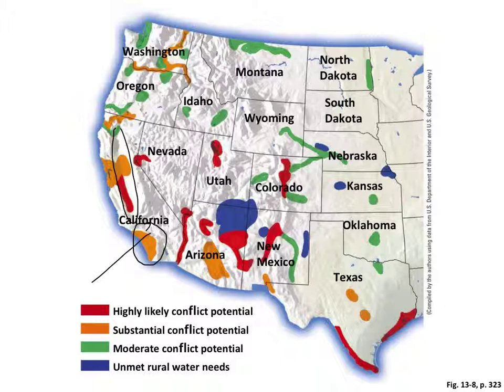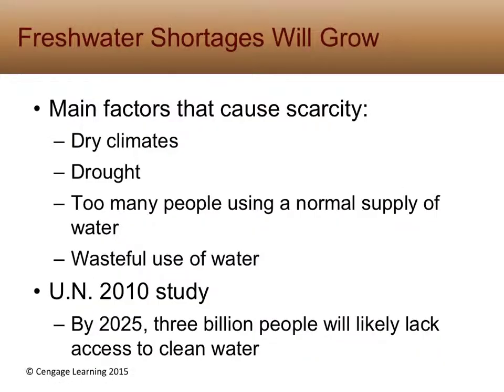So in this region right here, you can see where a lot of people live. They're very thirsty, very likely substantial conflict potential. This region here along the Colorado River, highly conflict potential because a lot of states are actually drawing from that. If we look at Colorado, where there's a high population and where we're withdrawing a lot, and if you look down in southern Texas, right here, withdrawing a lot of that water in order to grow thirsty crops and give water to hot spots.